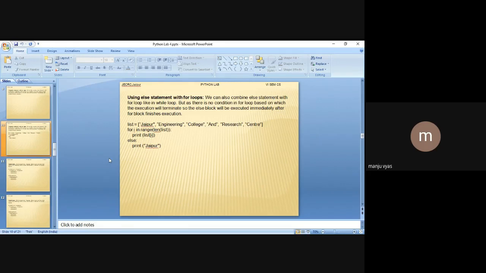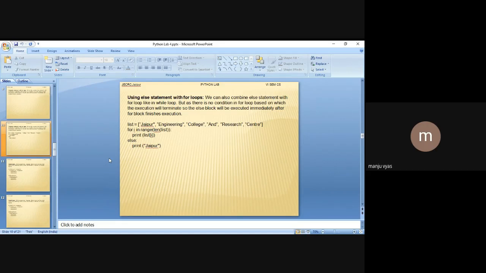As you can simply understand, a list is a sequence of strings or a sequence of integers. Whenever we use the function length of list, it will just return the number of elements in that list. So here, the length of list is 5, that is Jaipur Engineering College and Research Center.